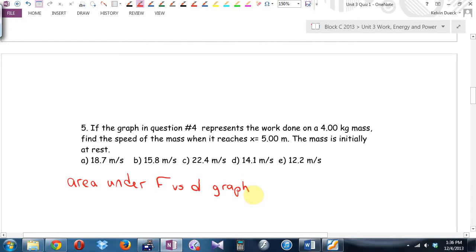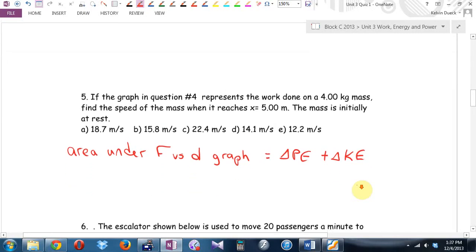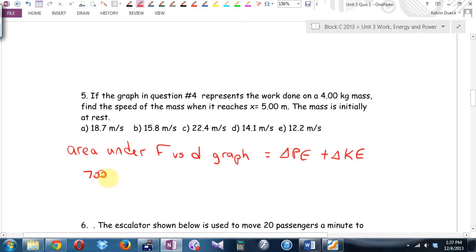What is the area under a force versus distance graph, by the way? Work. Work equals work. By the way, I wouldn't actually write that out, but just so that you know my chain of reasoning, what I'm really going to be saying is this: 700, the work done,